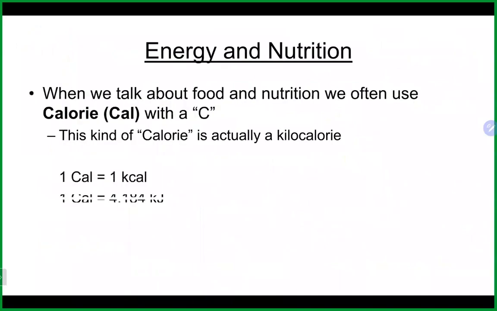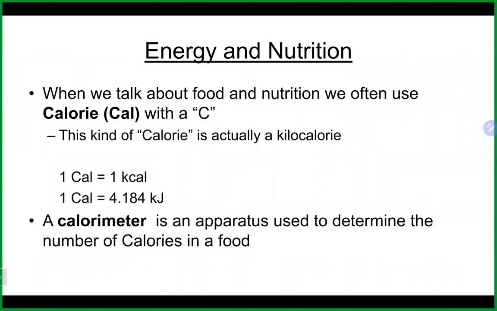So the next thing we're going to talk about is a little bit about energy and nutrition. I think we touched upon it earlier, but remember that a capital Calorie is a nutritional calorie, and that does equal 1,000 of the little calories, and that is 1 kilocalorie. So although we don't do too much with nutritional calories in here, if you do see that capital C, again, it is different than lowercase c, and it's basically 1,000 of them. A calorimeter is an apparatus that's used to determine the number of calories in food. So one way you could actually figure out